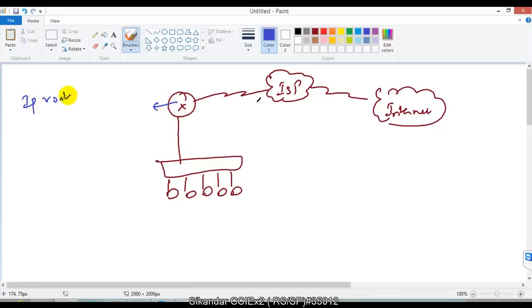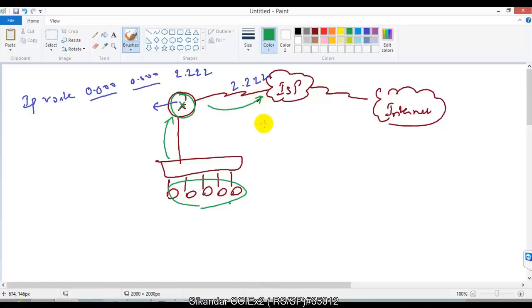and configure the IP route command, and then we'll say 0.0.0.0 0.0.0.0, where we are going to define the default route, and whatever the subnet mask, simply forward it to the next hop. Assume the next hop address is 2.2.2.2. So once I define this, all the users in my LAN, if any unknown packet comes, let's say this user wants to go to yahoo.com, it reaches your gateway, and this router is going to forward the packet to the next hop, because any unknown destination, simply forward it to 2.2.2.2. From there it reaches the ISP and reaches the internet. So this is the way we provide access to our internet connections.